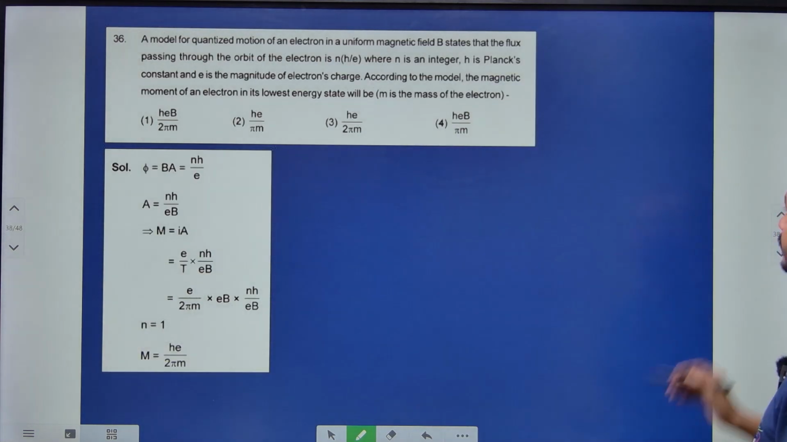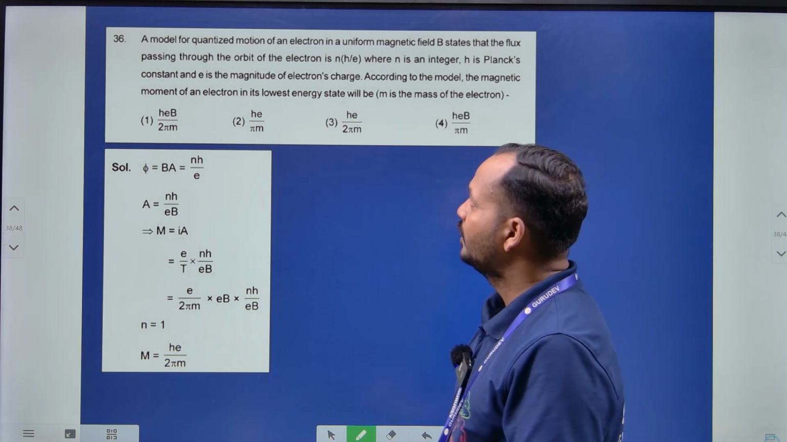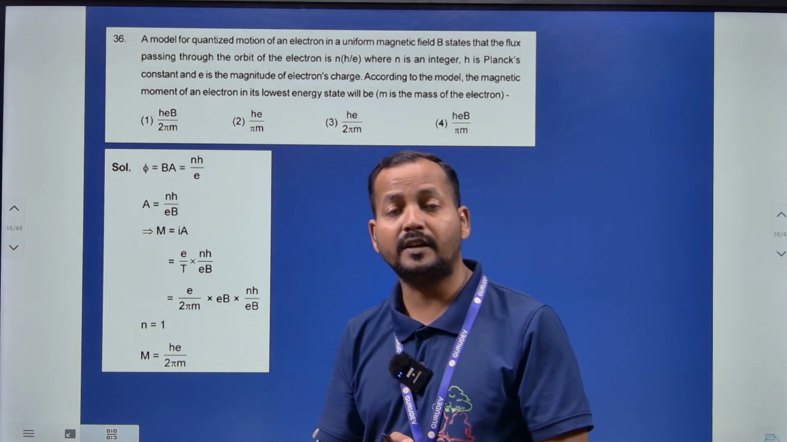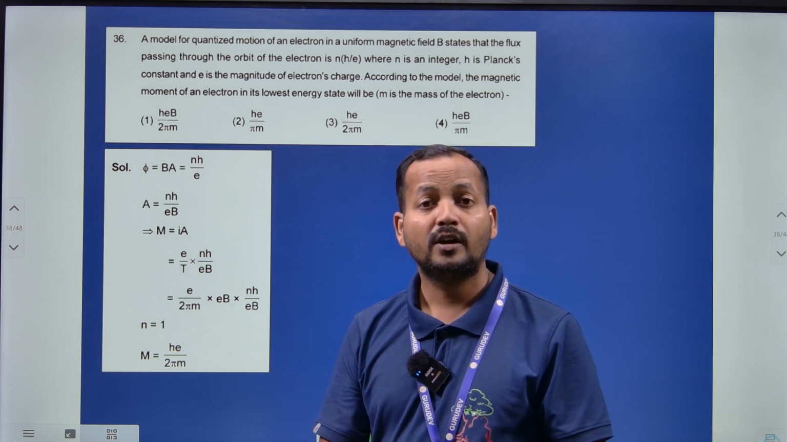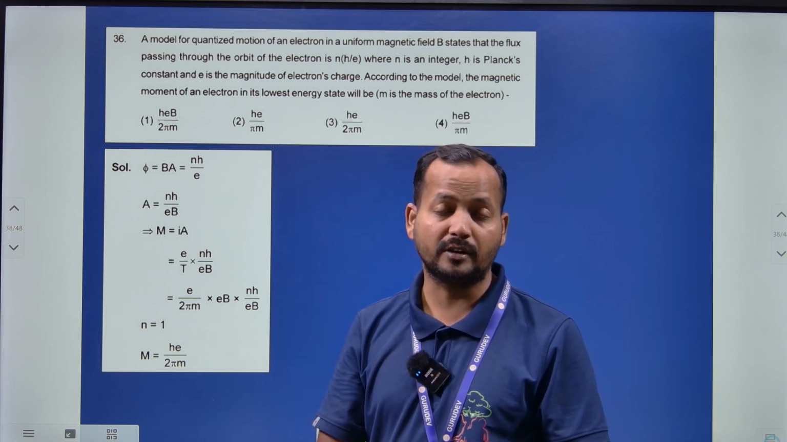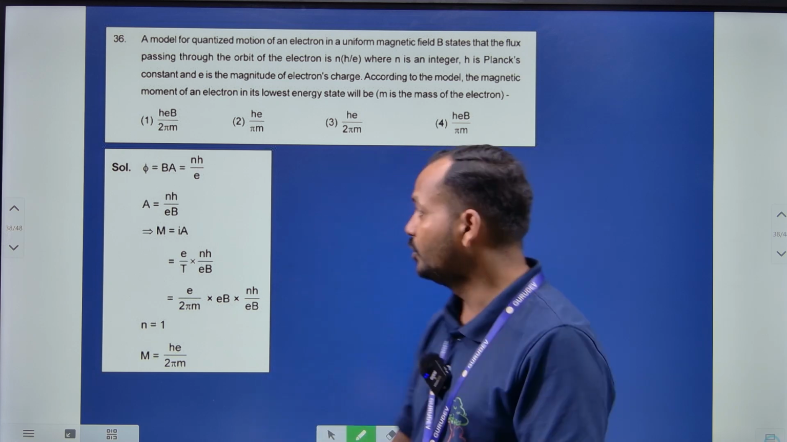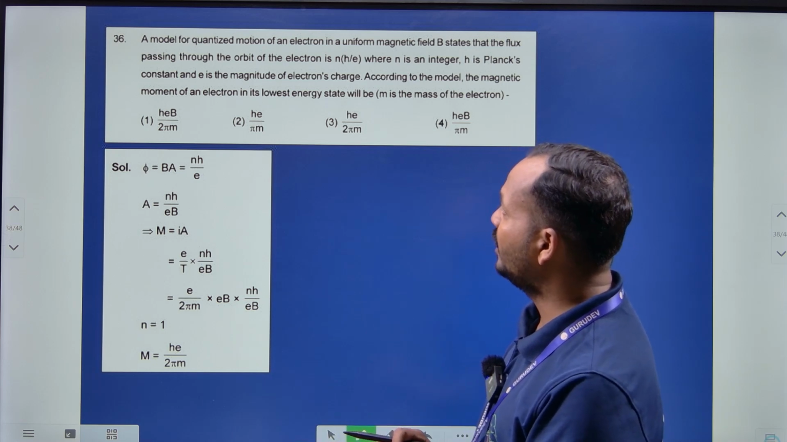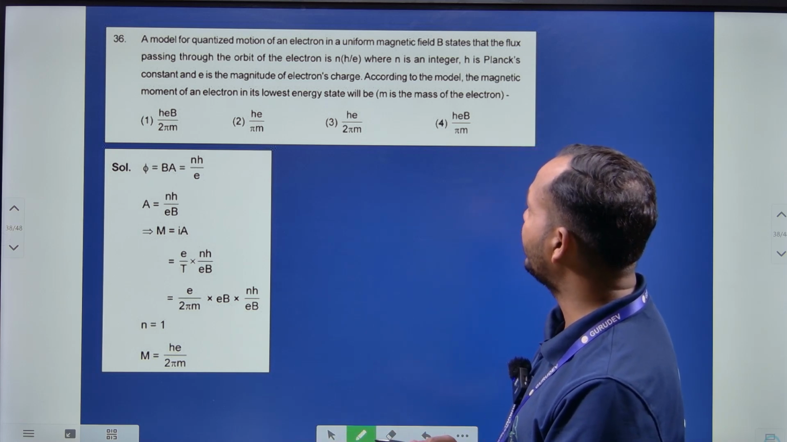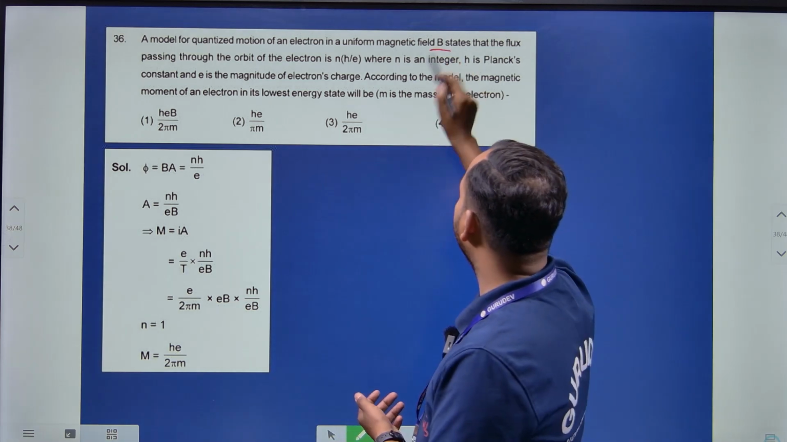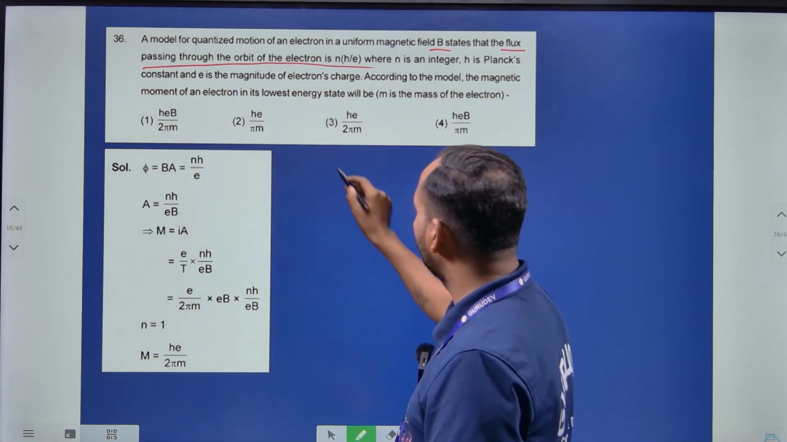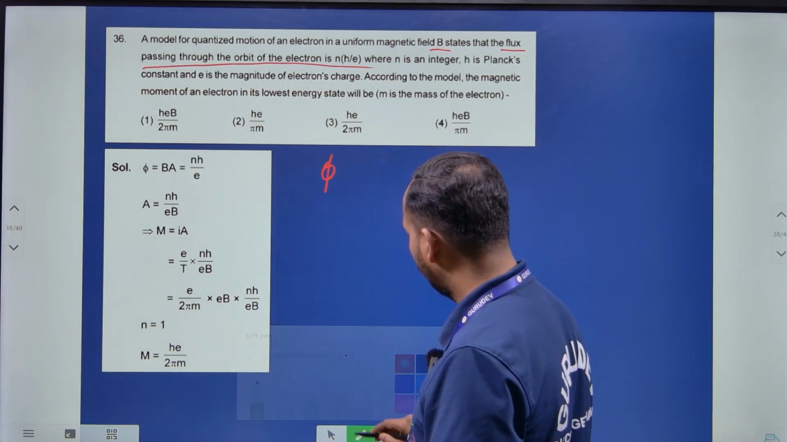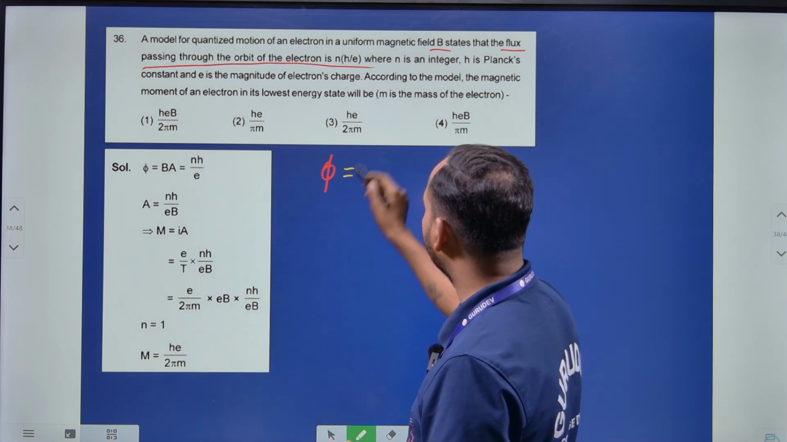नेक्स्ट 36th क्वेश्चन। यहाँ पे करंट इलेक्ट्रिसिटी का कॉन्सेप्ट है और मैग्नेटिक फील्ड का कॉन्सेप्ट है और बोर्स एटॉमिक मॉडल का भी कॉन्सेप्ट आ सकता है। यहाँ पे तीनों मिला के दिया गया है। मॉडल ऑफ क्वांटाइज्ड मोशन ऑफ इलेक्ट्रॉन इन द यूनिफॉर्म मैग्नेटिक फील्ड B इज दैट ऑफ द फ्लक्स पासिंग थ्रू द ऑर्बिट इन द इलेक्ट्रॉन। उन्होंने फ्लक्स ऑलरेडी दे दिया है। फ्लक्स क्या है,